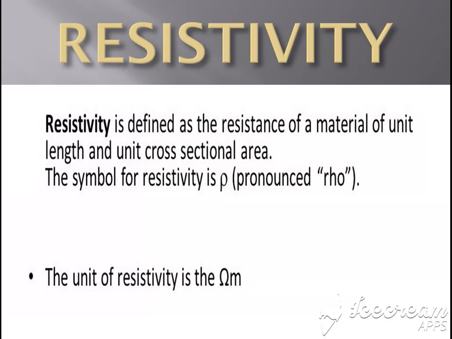So resistance depends on how many factors? Mainly two factors, length and area. But apart from length and area, there are two more factors. The third factor is the nature of the material. For example, silver would have less resistance and copper would have high resistance. So as per the nature also, resistance varies. The fourth is temperature. When we increase the temperature, resistance also increases. So apart from length and area, there are two more factors on which resistance depends. But resistivity depends mainly on the nature of the material and temperature.